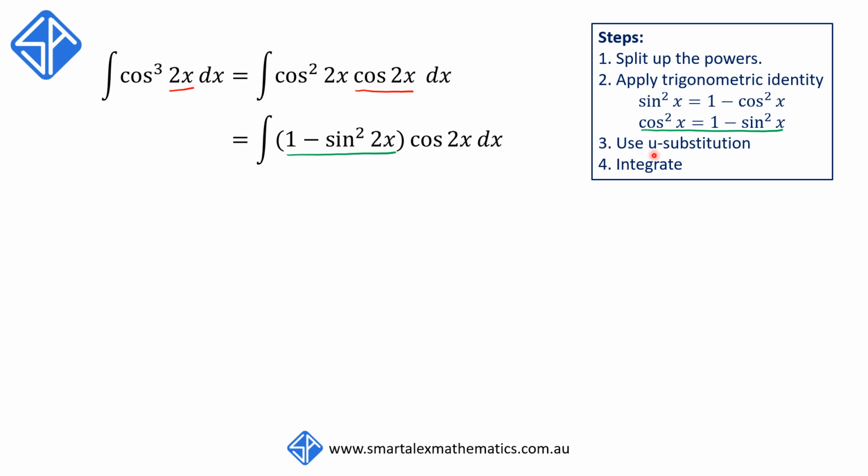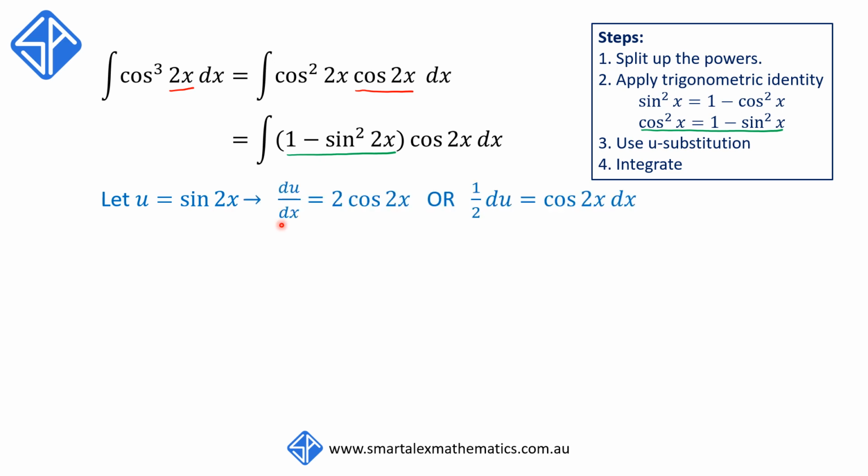Next step is to use the u substitution. This time we're going to let u equal to sine 2x, and when we differentiate this, du on dx is going to be 2 cos 2x, or half du is equal to cos 2x dx. So this means that we can replace sine squared 2x here with u squared, and this cos 2x dx with